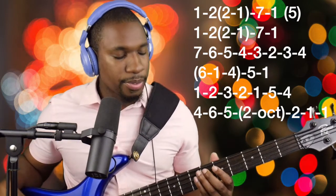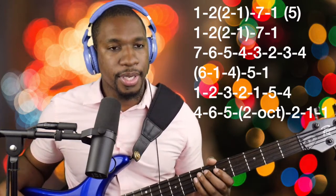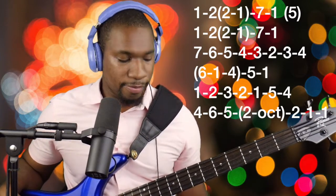1, 2, 3. Actually, before we go there, let me just, what I was doing in the demo, I think the bass player is doing it too. When you're going from the 1, 2, I'm just doing 2, 1, 7 as a walk down in the major scale to get to the 7, all right? 1, 2, 3, and